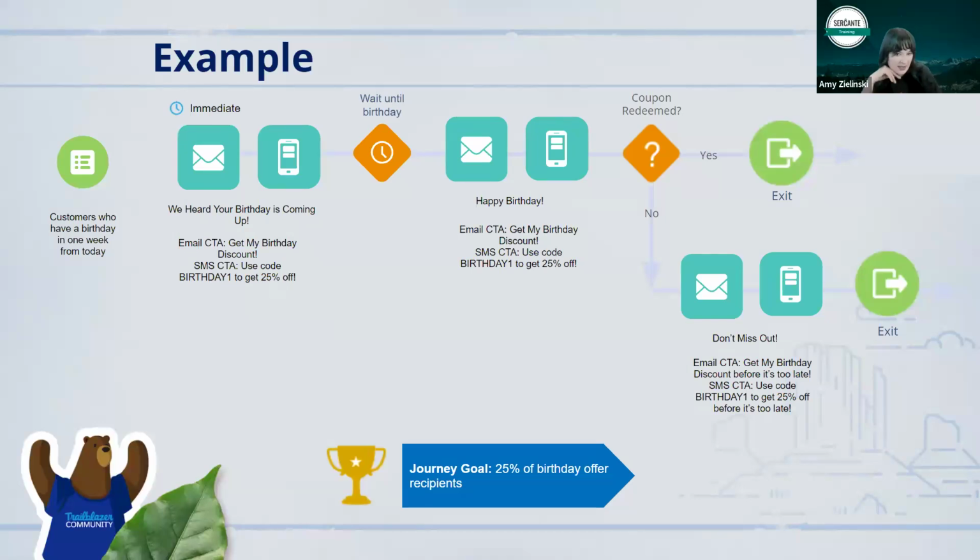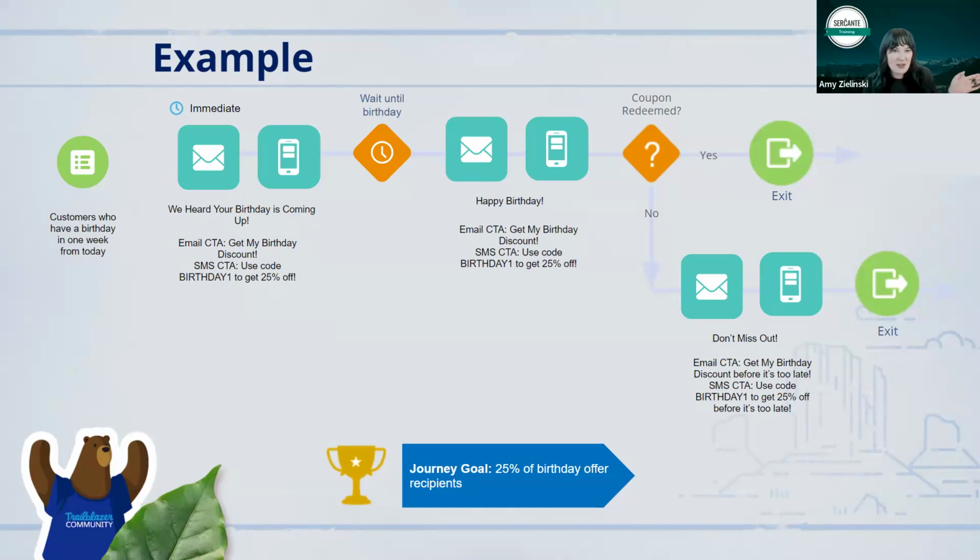We are immediately going to send them a message, and we are going to send them if we have it. Now, generally, I would split this out with a decision split on if they have email and SMS, email, or just SMS. I didn't have room on this slide. So just know that you don't want to try messaging people on both platforms if you don't have the data to support it,